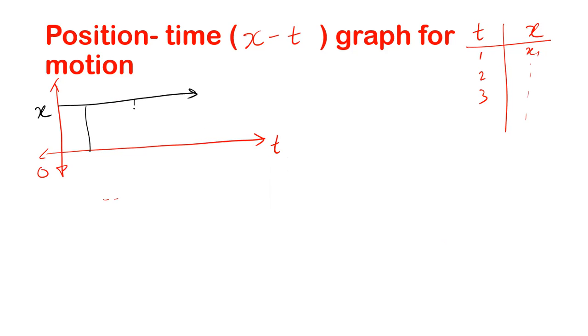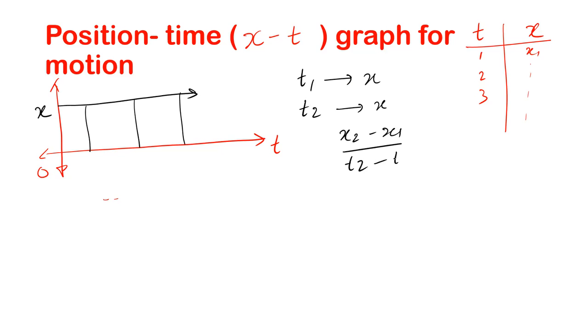At any time you measure, the displacement is the same. What does it mean? That the displacement is not changing with time. Suppose at T1 displacement was x, and at T2 also displacement is x. So now if I want to find out velocity, what is my average velocity? It was nothing but x2 minus x1 divided by T2 minus T1. As x2 and x1 are the same, x2 minus x1 is 0, and that's why you can say that this is a zero velocity